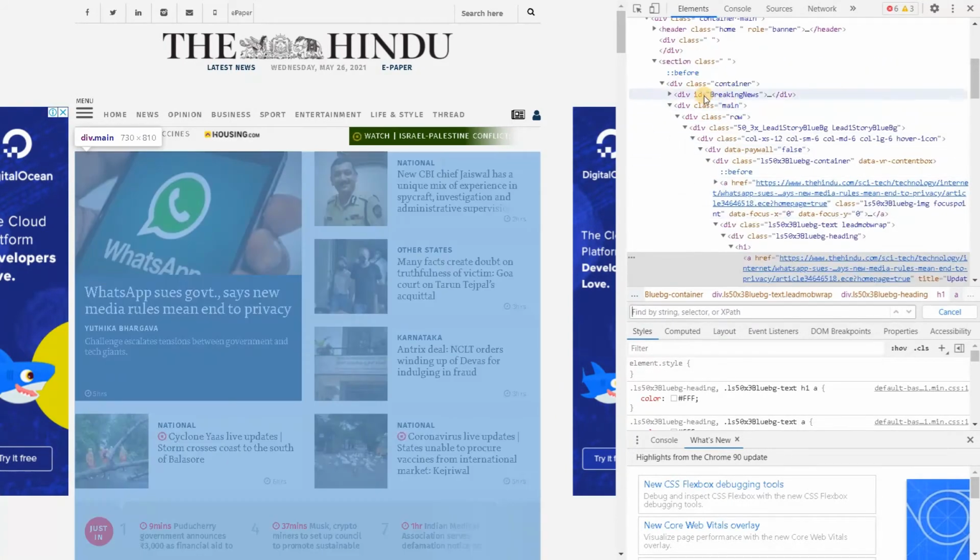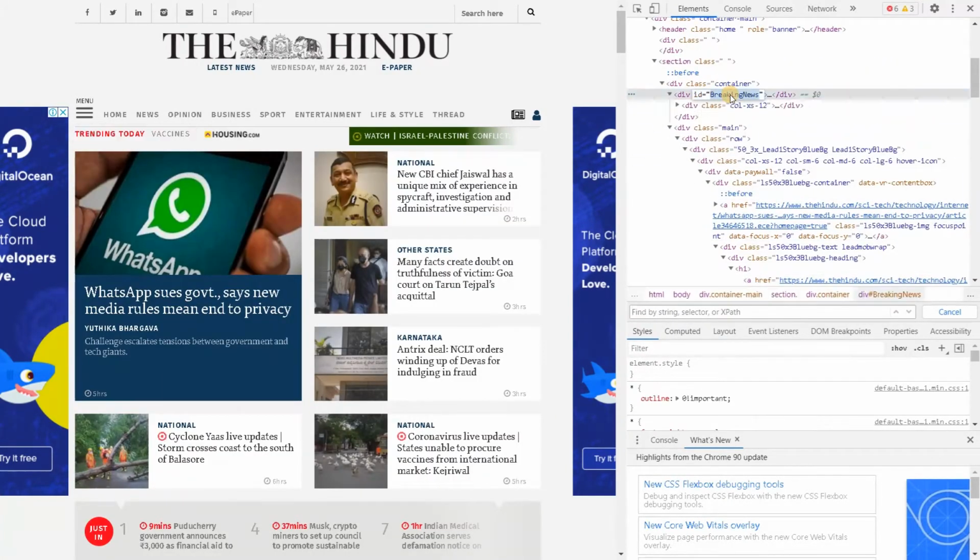First one, as I already said, ID. If you copy and paste it, you can see there is only one ID in this whole web page. When we are using some particular module, we can find this web locator by mentioning ID equals breaking news.